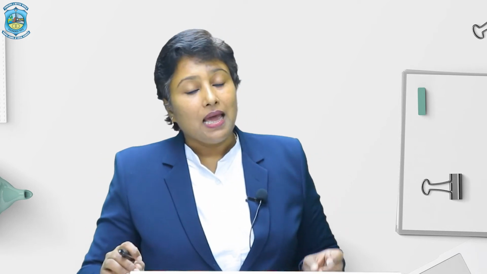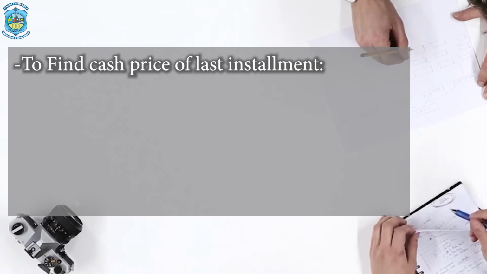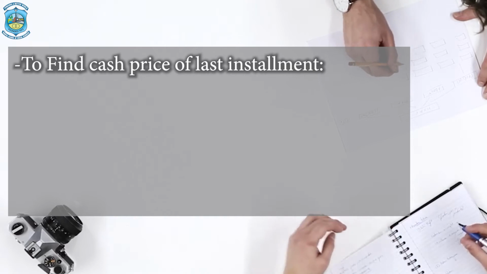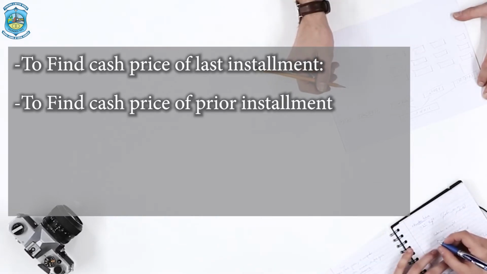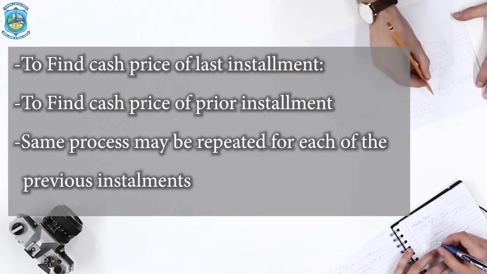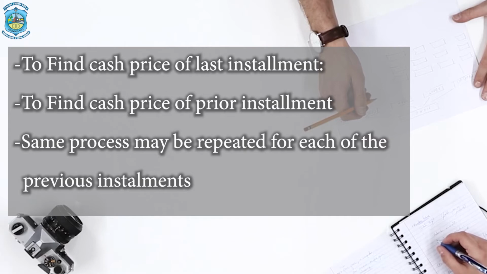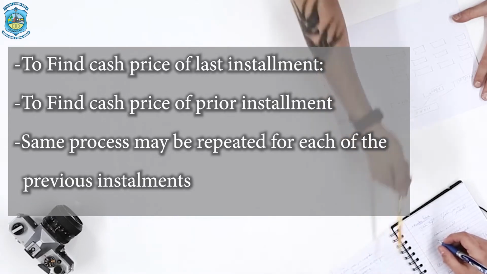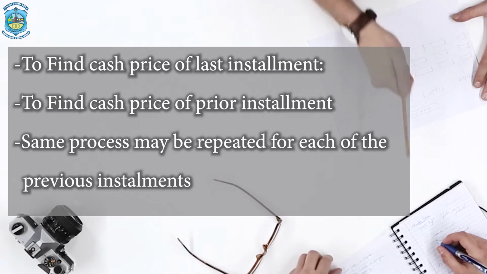Now, we simply need to follow just 3 simple steps. Okay, and those 3 simple steps are: find out the value of last installment, okay, then find out the value of the prior installment, and we will reach the first installment. That is step by step. We start climbing the ladder step by step right from down to the top. Okay, so how it is to be done, let us understand it well.